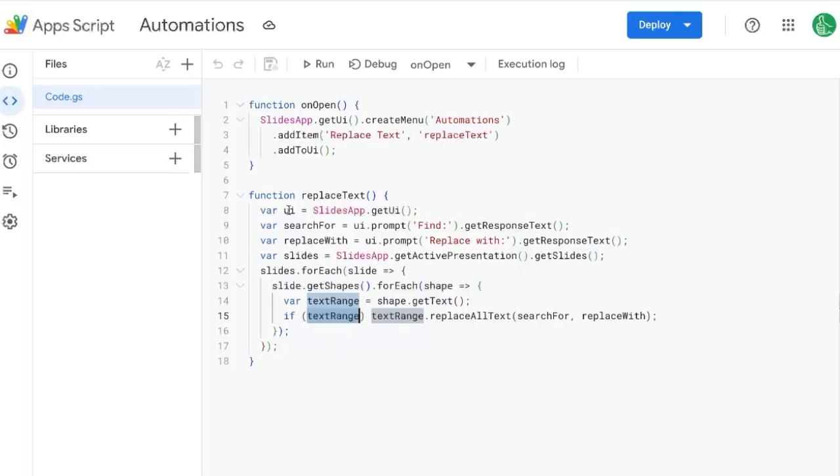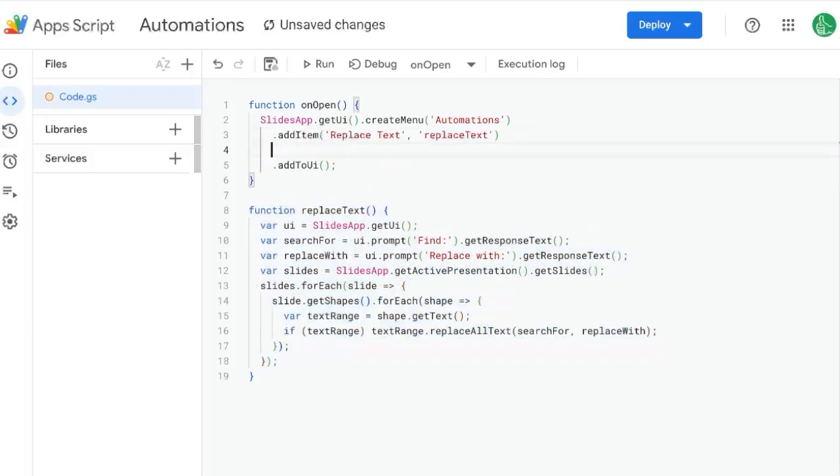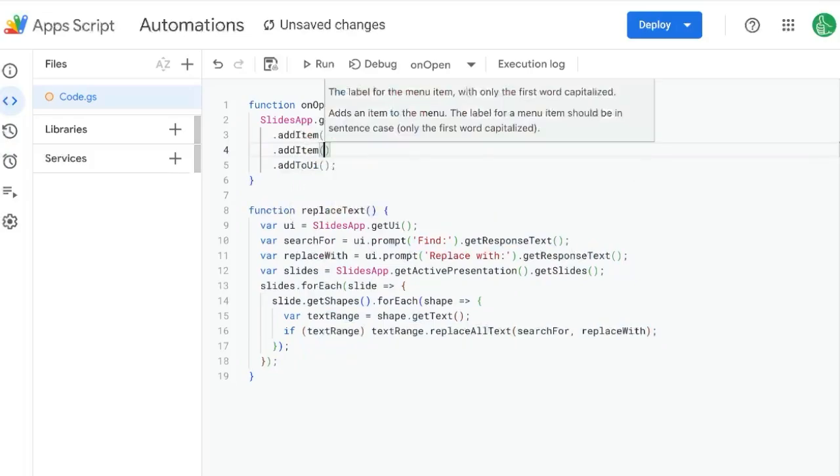Now, why did I say you could prevent certain text? Because we're going to edit this script right now so that we can run it as a trigger. Automations need two things. One, they need a function, which is this, to run, and a trigger to trigger. But when that trigger happens, we're not going to be there to prompt it. So we're going to have to create another function in order to basically have the words that we want to replace. So first off, I'm going to add an item